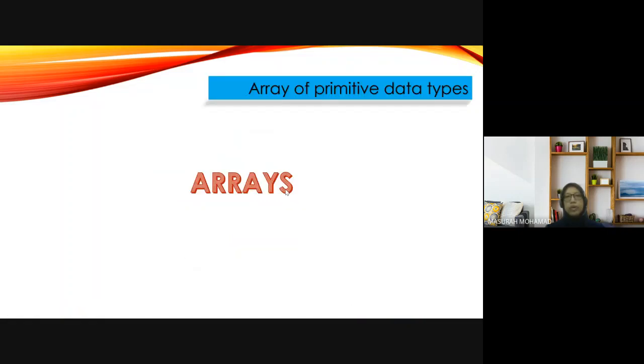Okay, and then finish on for. Now we move on to arrays. In this case, we want to focus on arrays of primitive data types. All right, let's look at the